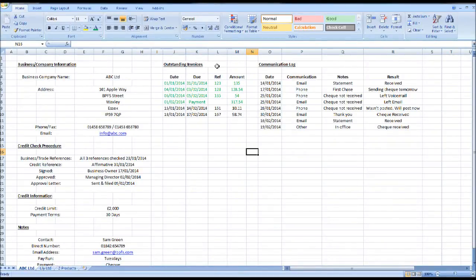So first of all, I've created this outstanding invoices column where we have the date of the invoice, the date due, the reference or invoice number, and the amount due. I've created a form so when we enter a new invoice, say for the 19th of January 2014, and click enter, it creates the due date automatically. The way I've done that is simply to have a formula which is equals the date plus 30 for 30 days. If you have 14-day terms, 15-day terms, 60-day terms, obviously change that 30 to reflect your payment terms. We would then enter the reference number, so let's say 178, and the amount, so £100 and 54